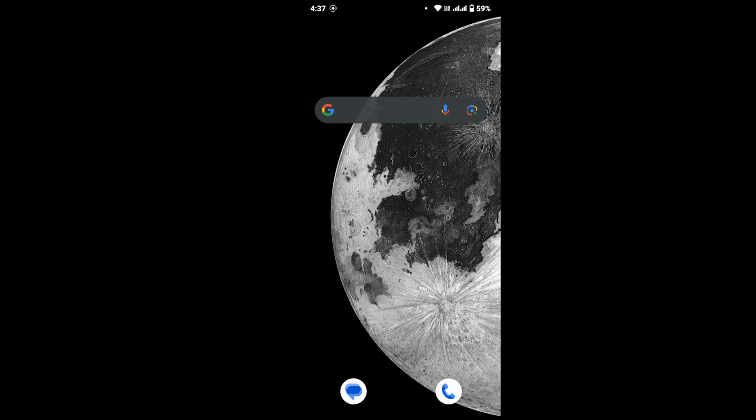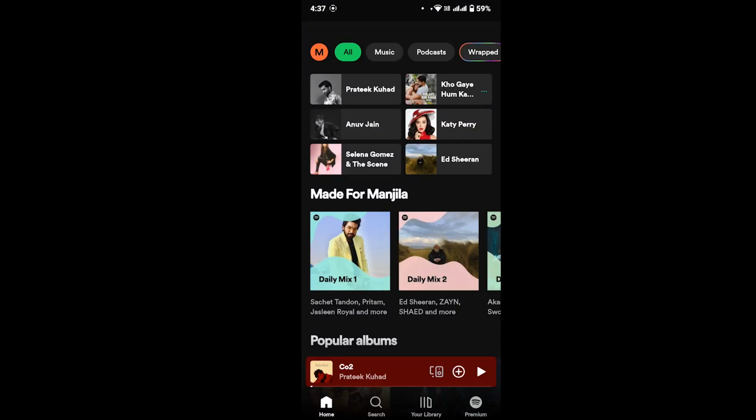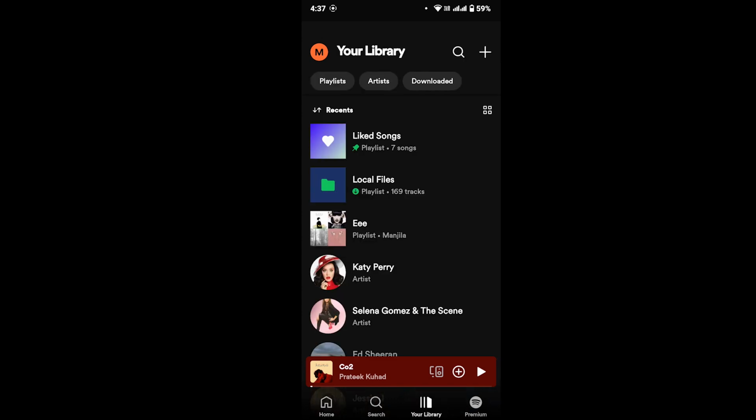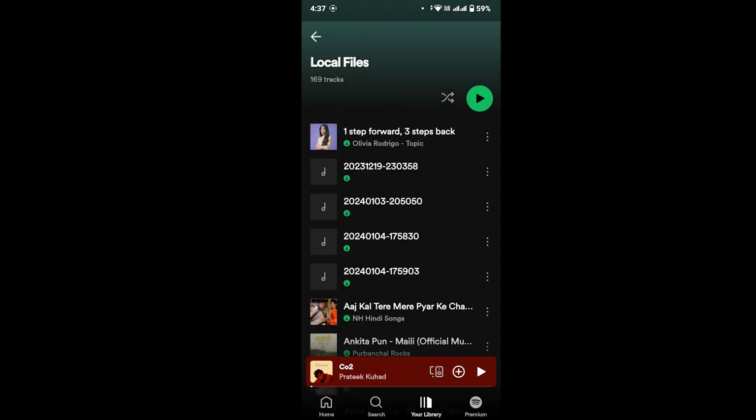On your device, launch Spotify and then make sure that you're logged in to your account. After that, to go to your local files, tap on your library from the bottom of your screen. Once you tap on there, you will see this interface and in here, you will be able to see all your local files. Tap on local files and then you will see all the tracks that have been added to